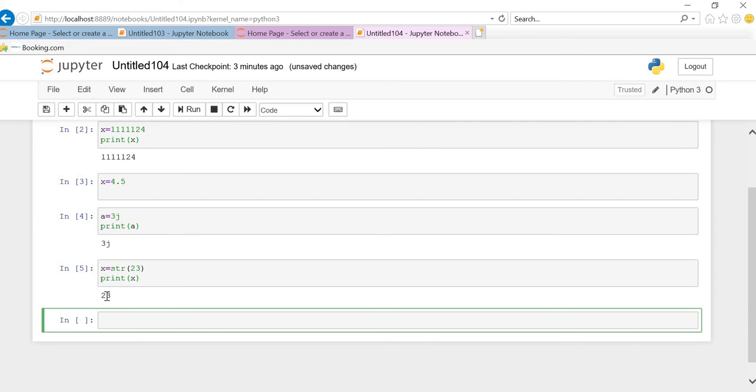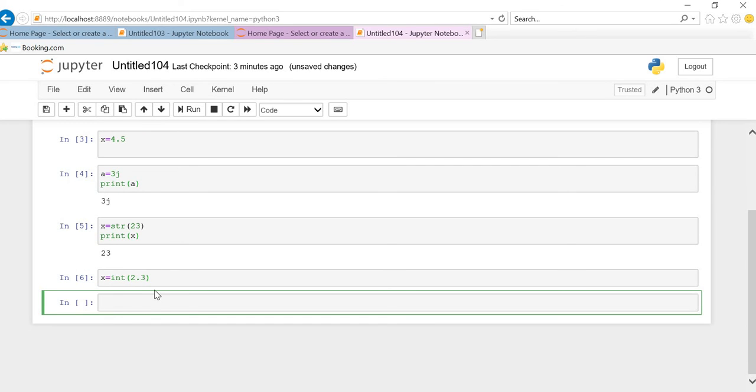Next what we are going to do is x equals int, and now we are going to write a float number, that is 2.3. Okay, now we are going to run it. Now wait, we are going to do that again.